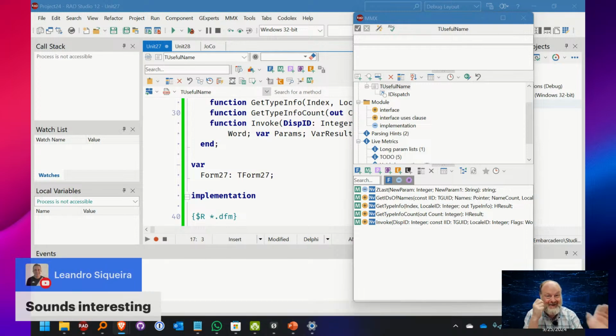There's a lot of things. Like I said, going back and doing this, there's so many times I've been like, I remember doing this and I loved it and I missed it and I didn't know where it went. And that was because it was in MMX back when I used it years ago. And now it's free. Thank you, Uwe, and available today. So check it out. It's free and works with the latest version of Delphi. And even just unlocking a few of these features in your workflow can make a really big difference.